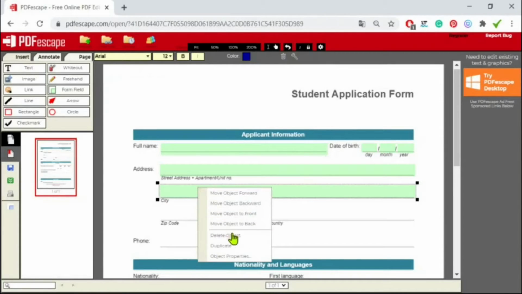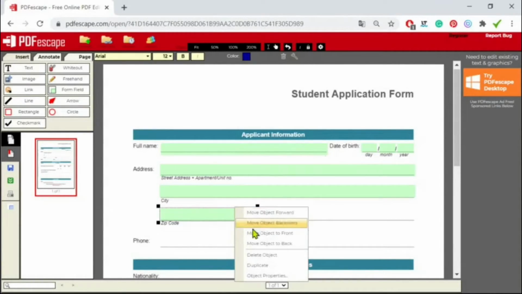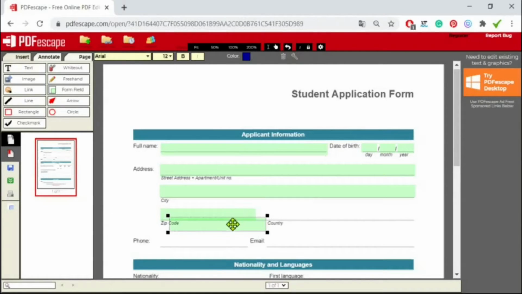I will duplicate it for the zip code. I will resize this one though, because I have two different fields in the same line. And I will duplicate this one to use for the country field. And I will resize it. I will keep all the settings.